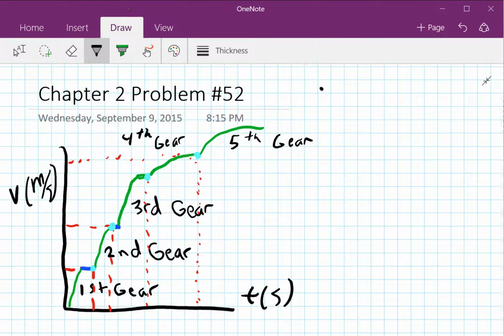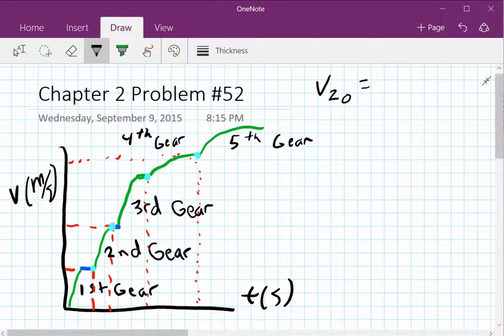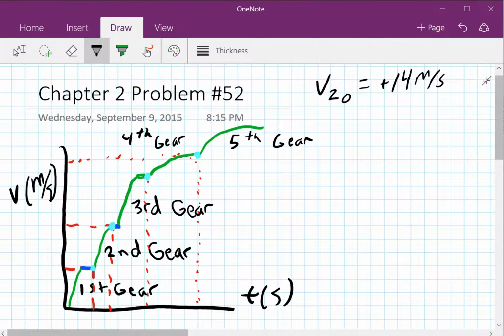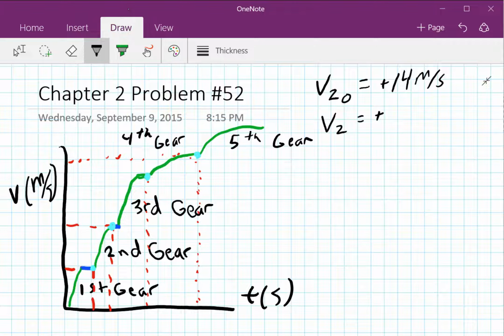So the velocity for the second gear, initially, I identified at positive 14 meters per second. And it's okay if you have it a little bit off, okay? It's going to be within a meter or so. And then I had the velocity for the second gear at the end at a positive 24 meters per second. I said that the time for second gear to start was 4 seconds,